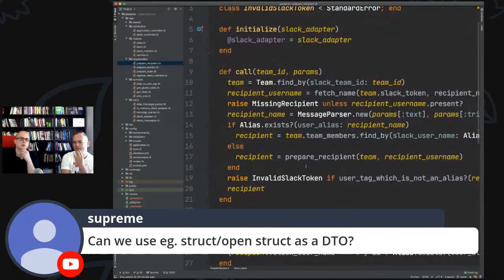Okay. So yeah, because that's actually what got my attention here, that we do a lot of things here in this prepare class. Let's say, and we have this Slack adapter, right? Yes. Also, we have references to message parser, which is actually Slack related stuff. And that was the point where I was thinking that we are too much coupled to the Slack implementation, to one implementation of this. Plus one thing.